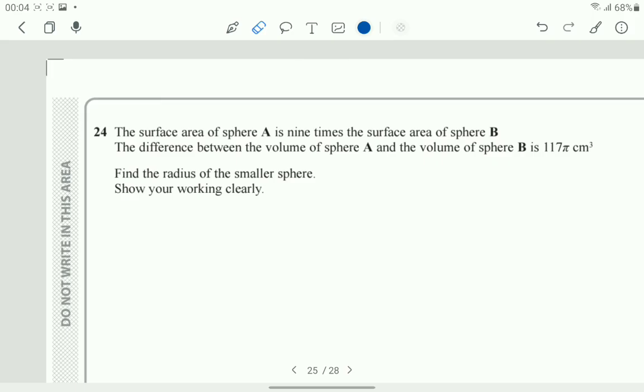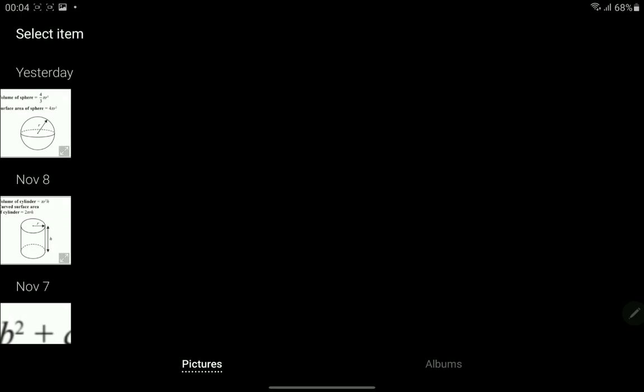Question 24. The surface area of sphere A is 9 times the surface area of sphere B. The difference between the volume of sphere A and the volume of sphere B is 117 pi centimeter square. Find the radius of the smaller sphere. Show your working clearly. So you don't need to be worried about the formulas for the surface area and volume